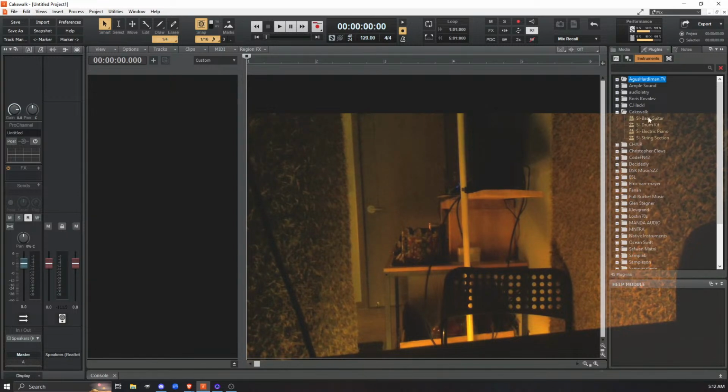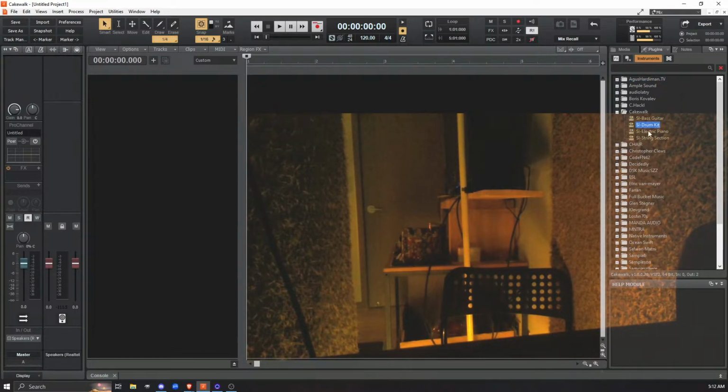These are the Cakewalk VST instruments that come bundled with Cakewalk, and they're quite good. Bass guitar is very good. Drum kit, quite good. String section, I love. Electric piano, I haven't tried because I ain't no piano player. I can get by playing some organ and some synth, but not a piano player. Anyway,